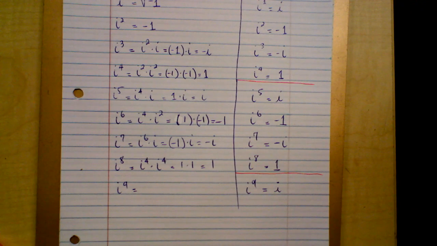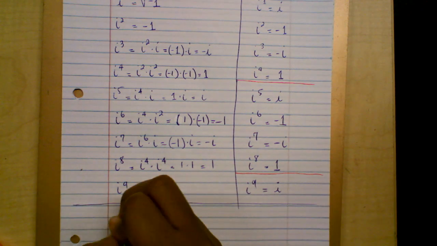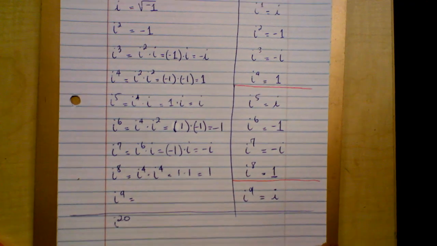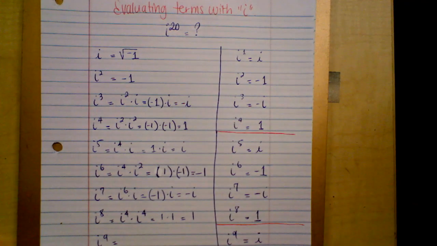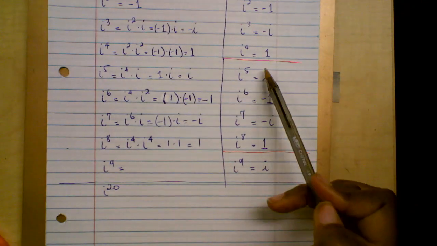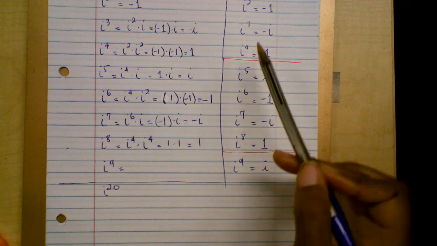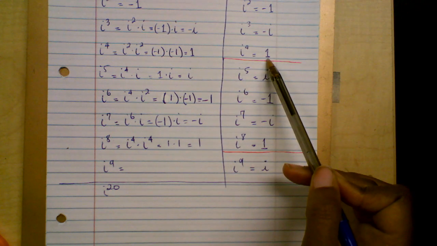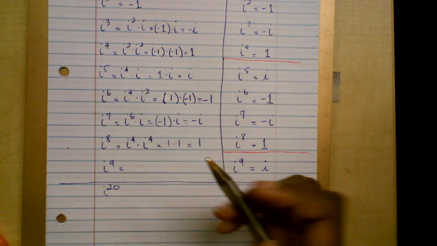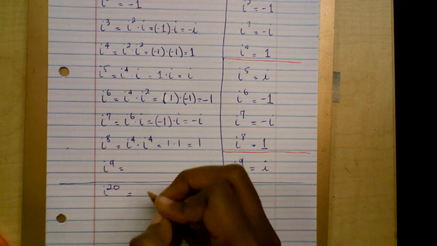So that's the logic you're going to use. Let's find what i to the 20th power is. If I asked you to evaluate i to the 20th power, you're going to use the pattern that you observe, that every fourth time the i value is 1. So I can rewrite i to the 20th power as